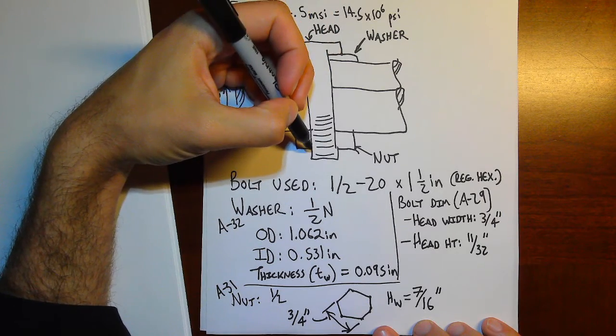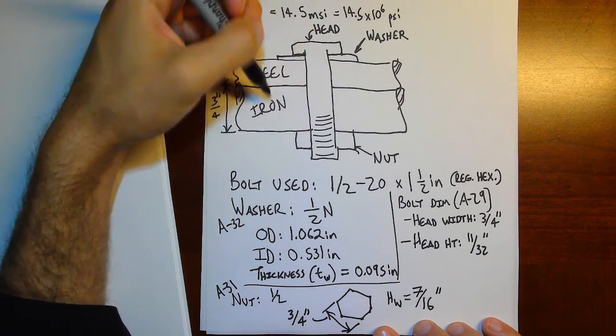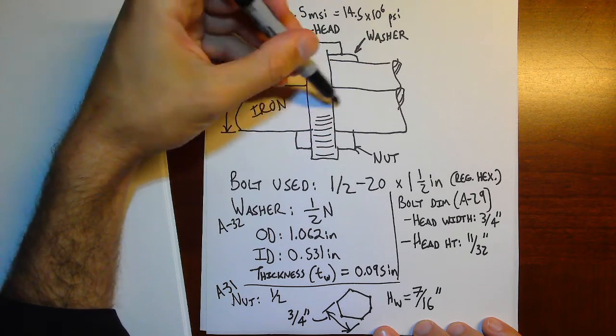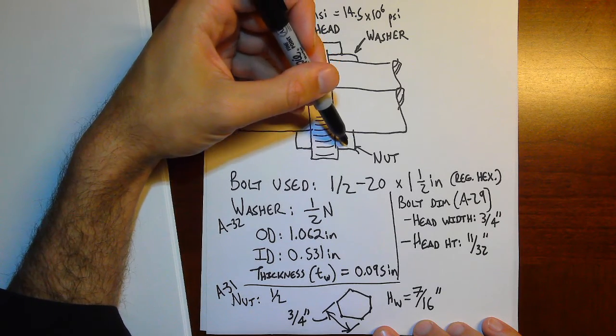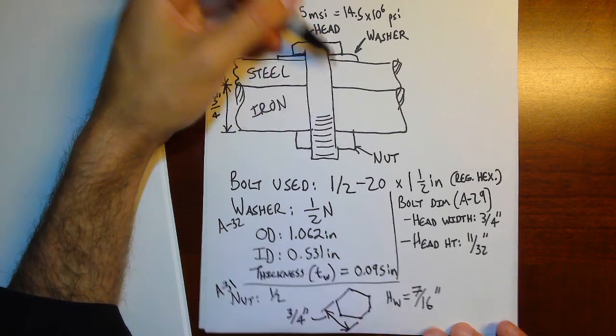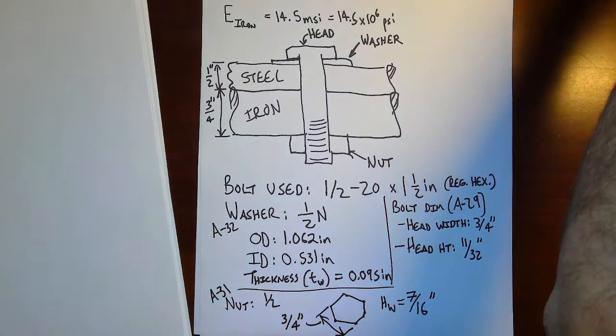When I put the nut on, it starts to squeeze everything together, squeezing all the material in the grip, that's everything here, the steel, iron, the washer, between the nut and the head. So the nut and the head are where everything's in compression. And we said that based on that,